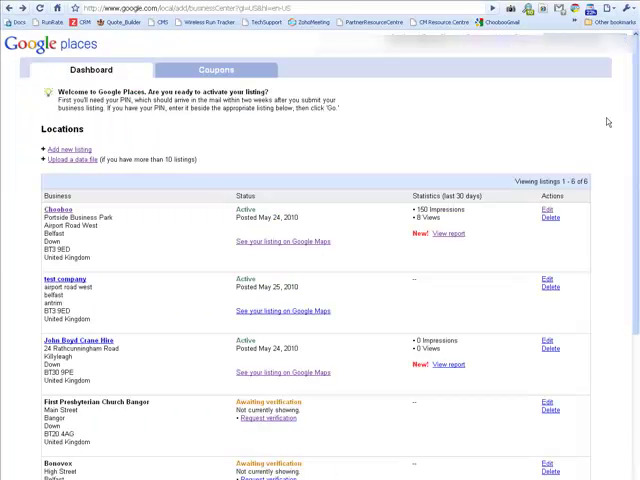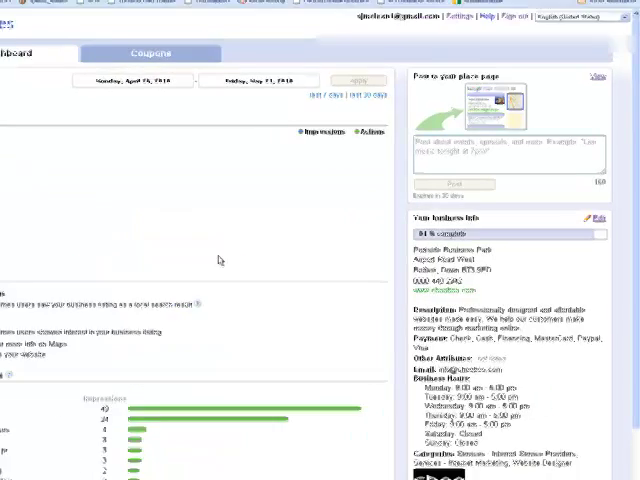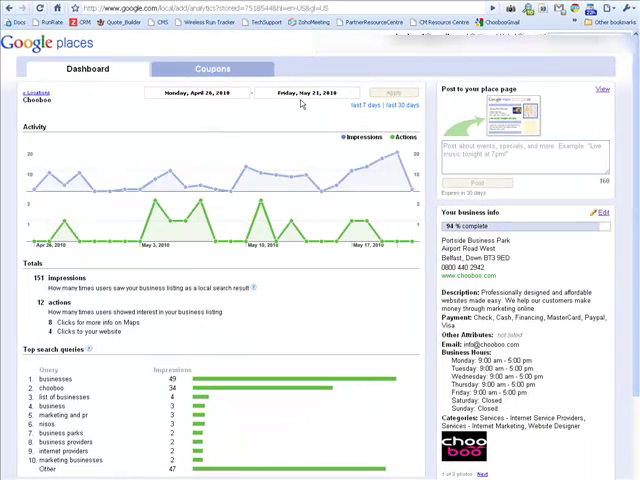Once you've set up your Google Places account, you can log back in using the username and password you set up, and you can edit the listing that you provide. You can delete it if you so wished, and you can view a report. Here's the report for Chooboo over the last month or so,